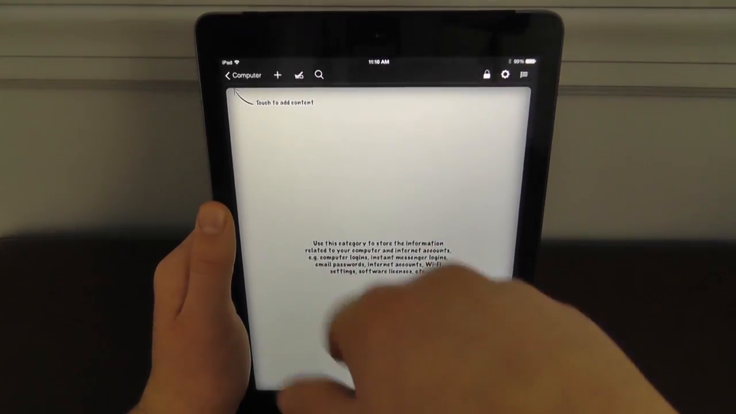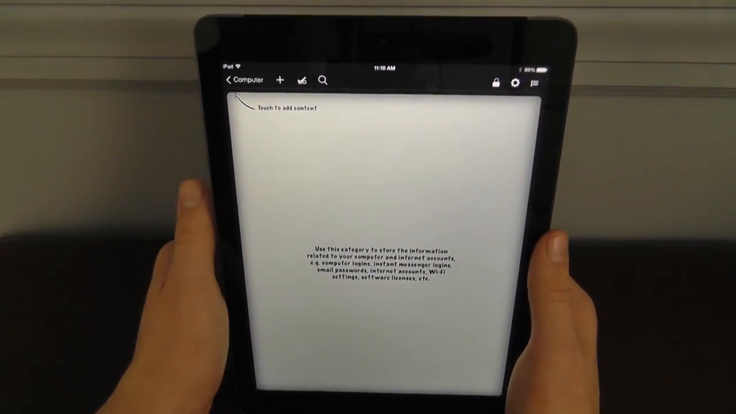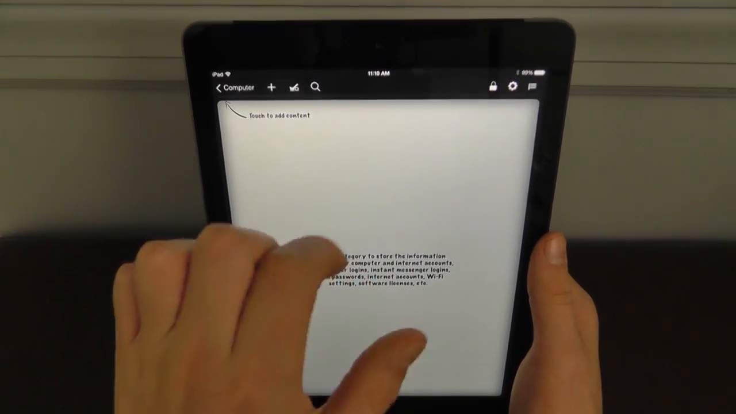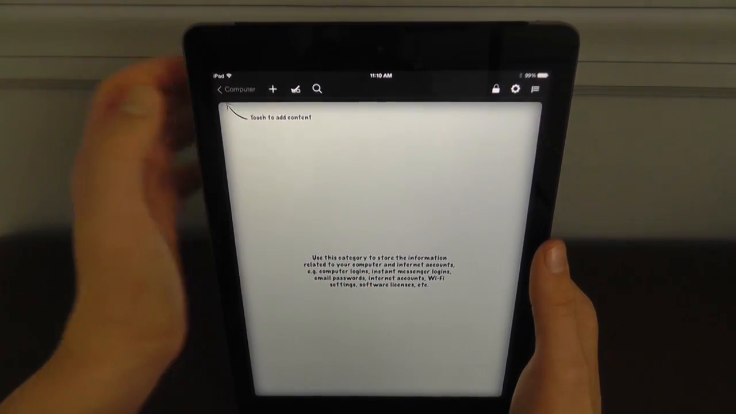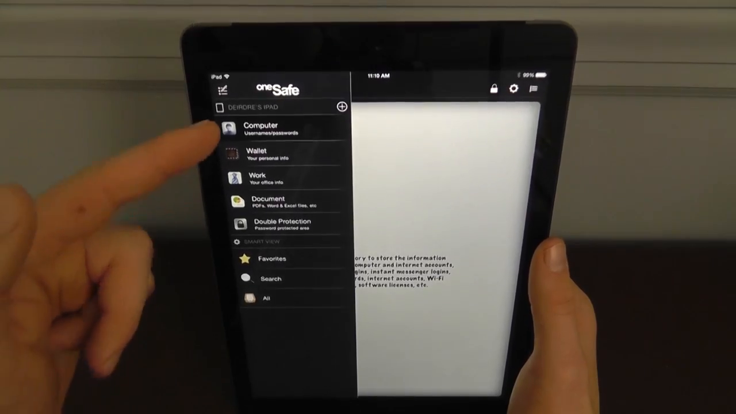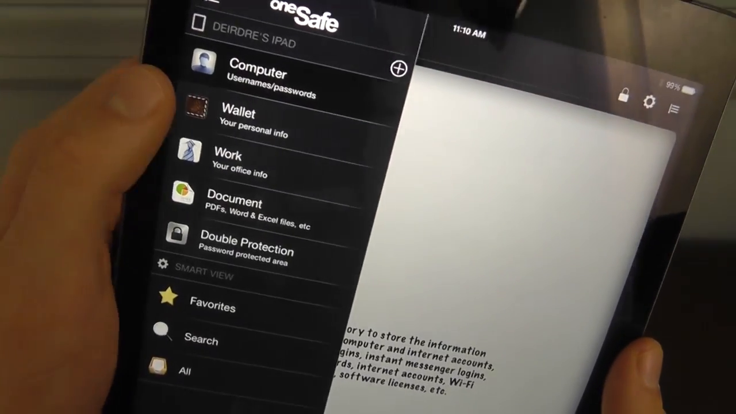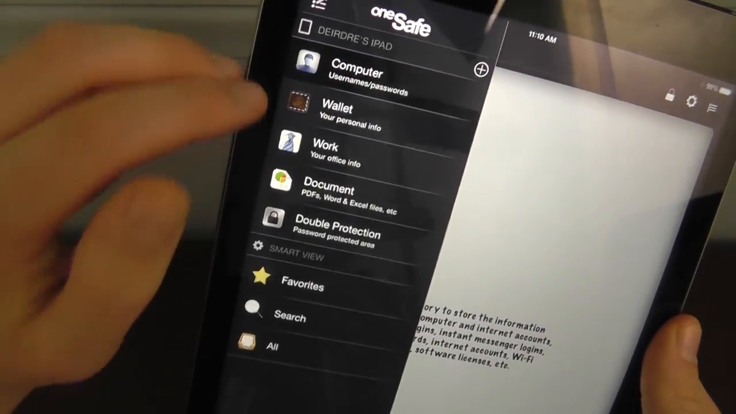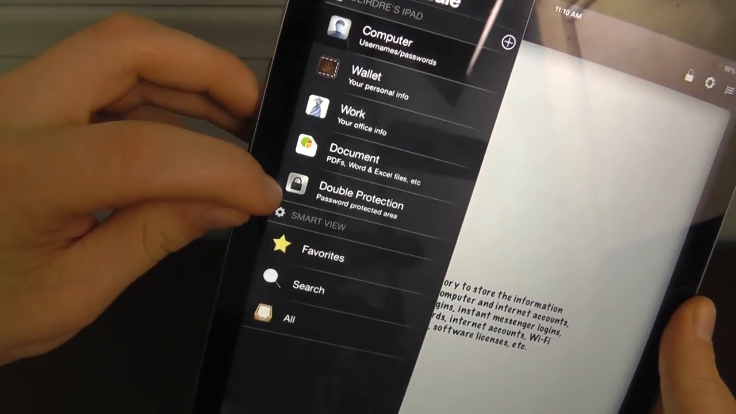You can do an Android lock kind of thing. There's a lot of different ways to put in your password. You can even do like a little combination lock as well. Now, once you're inside, you can store things in whatever you want in your computer section, your wallet, work, documents,